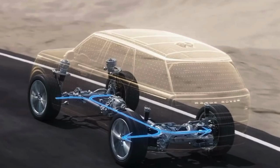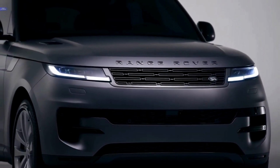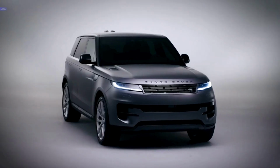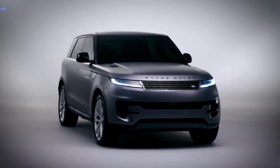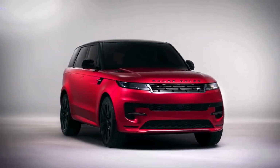However, in contrast to its larger Range Rover sibling, the Sport is less concerned with ultimate off-road prowess. Actually, a dual range transfer case is standard on all Range Rovers, although it is an optional feature on the 2 base Range Rover Sport models. Consider the Range Rover Sport to be what its name suggests, a more refined driving, albeit not particularly focused on